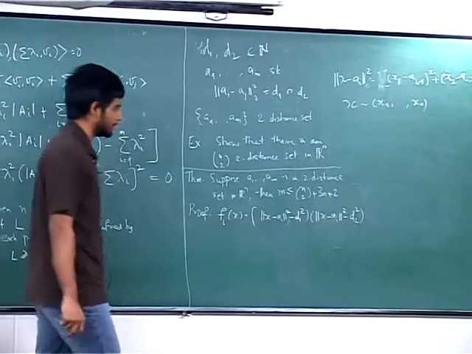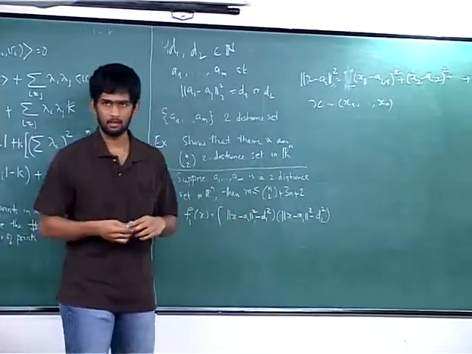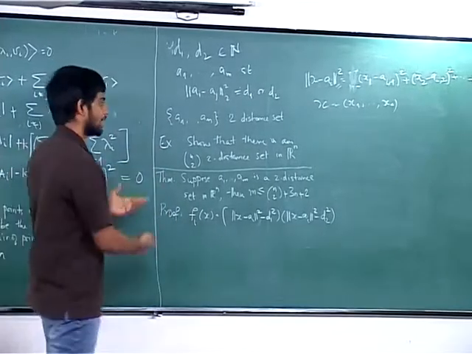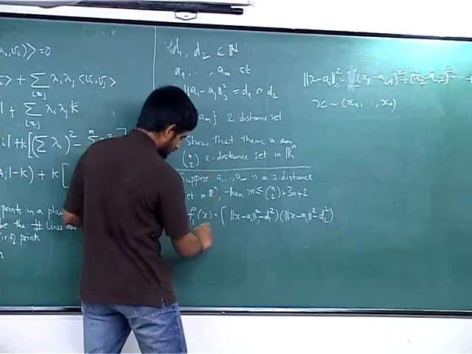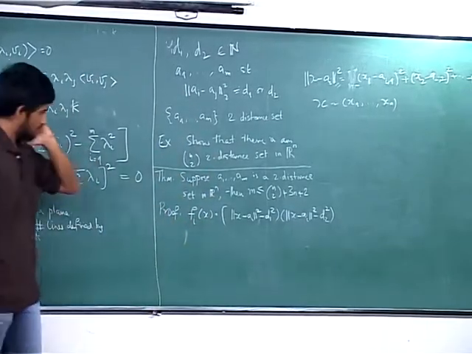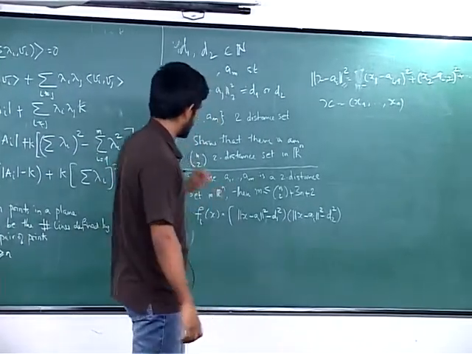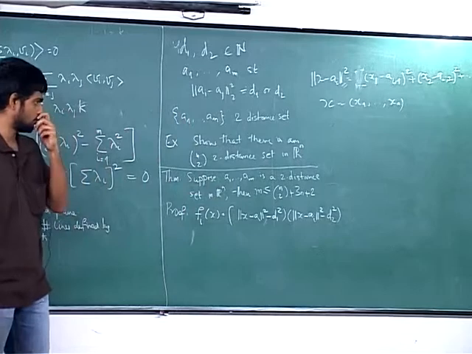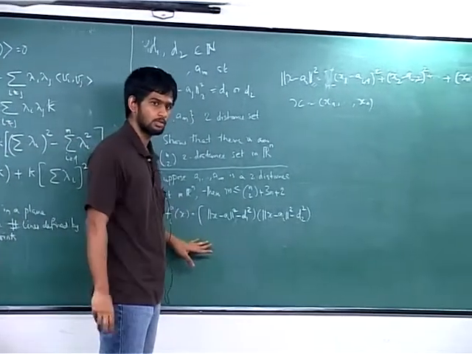So you have m many of them, and you want to show that these are actually going to be linearly independent. Okay, linearly independent over R. I mean, the points are going to come from R, isn't it? So you're looking at R, and you want to show that these are linearly independent over R. Okay. So how do you do it? Do you have any ideas about how to go about this?